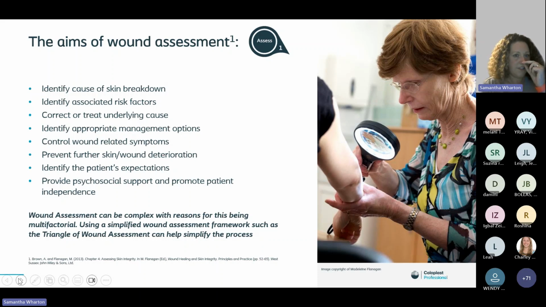It means that we're identifying appropriate management options. So again, incorporating that communication with our patients, not letting them just hand their leg over to us, actually having those discussions and giving them their options in their care. Control those wound related symptoms. Pain's often